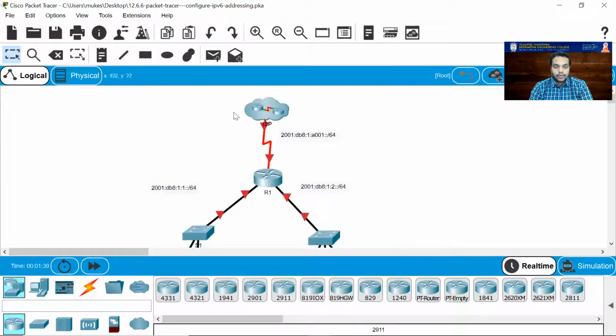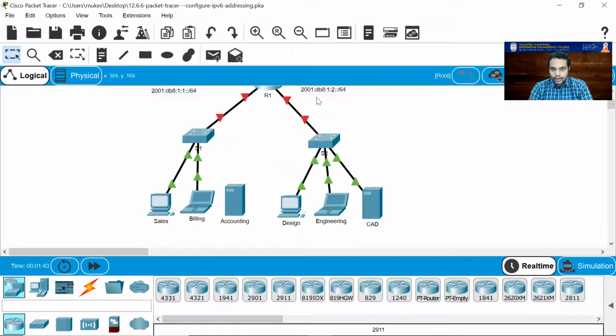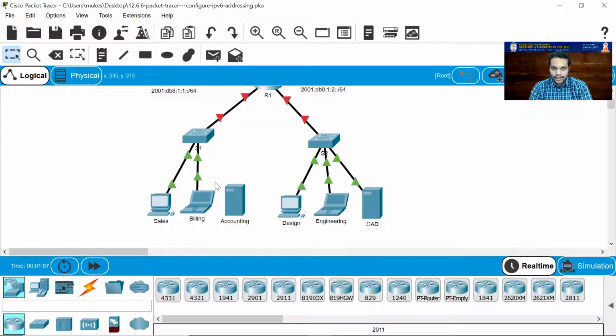So this is what our Packet Tracer activity topology looks like. But before you even start, let me point out something which I have found. There is a connection missing from S1 to this accounting server. Though we do all this activity, you won't get any connectivity to accounting. It doesn't allow you to make this connection because everything is locked here.